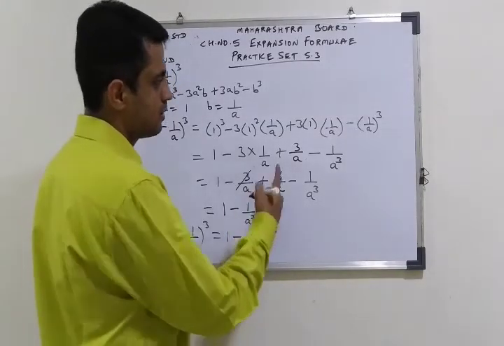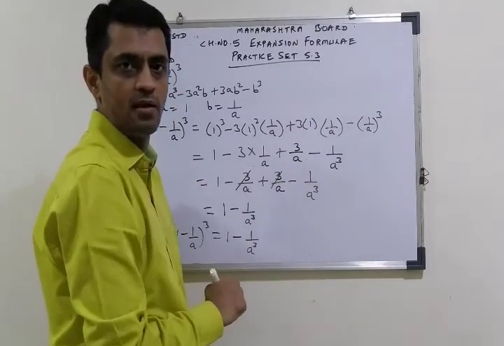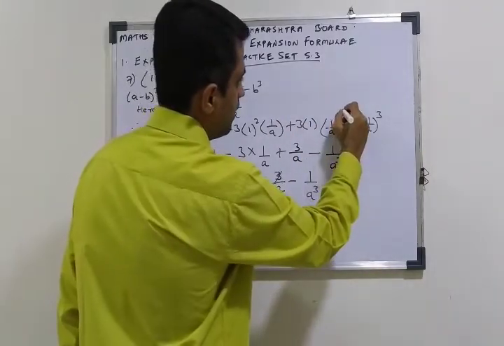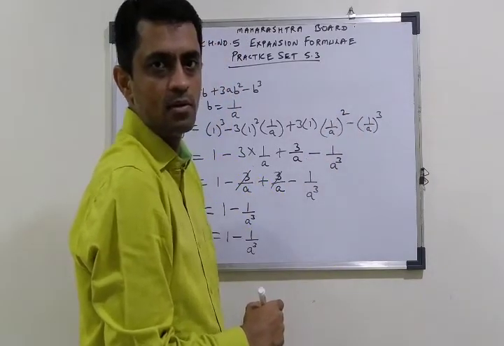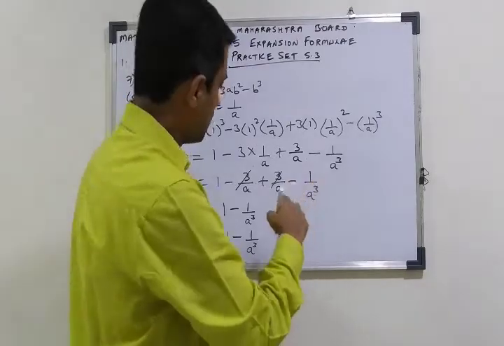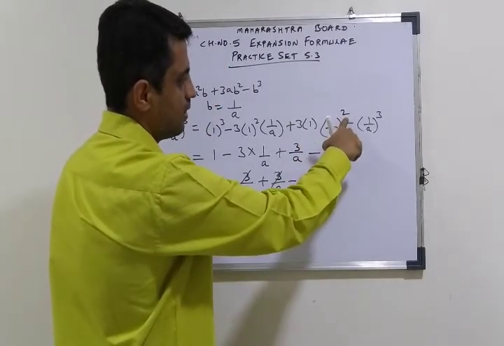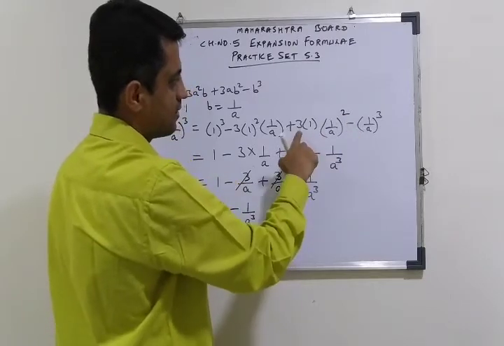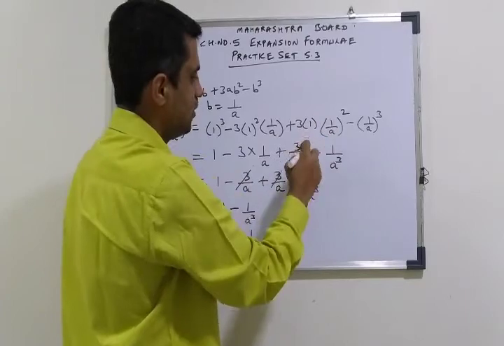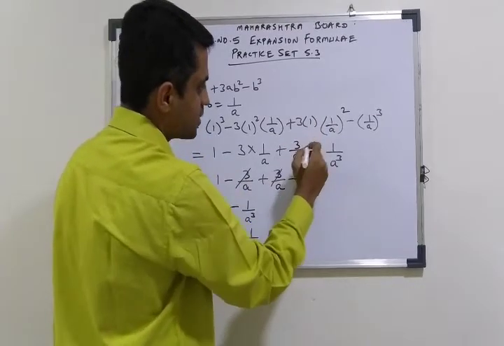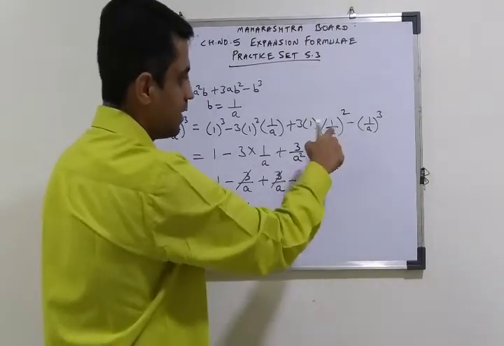Now students, we have made a mistake here, we have not put the square. You can also make the same mistake in the exam. What I made here, our answer is wrong because we have not put the square. Now let us check. 3 ones are 3. 1 square is 1. So you will get 3 here. And a square is a square. Are you getting? A square is a square.